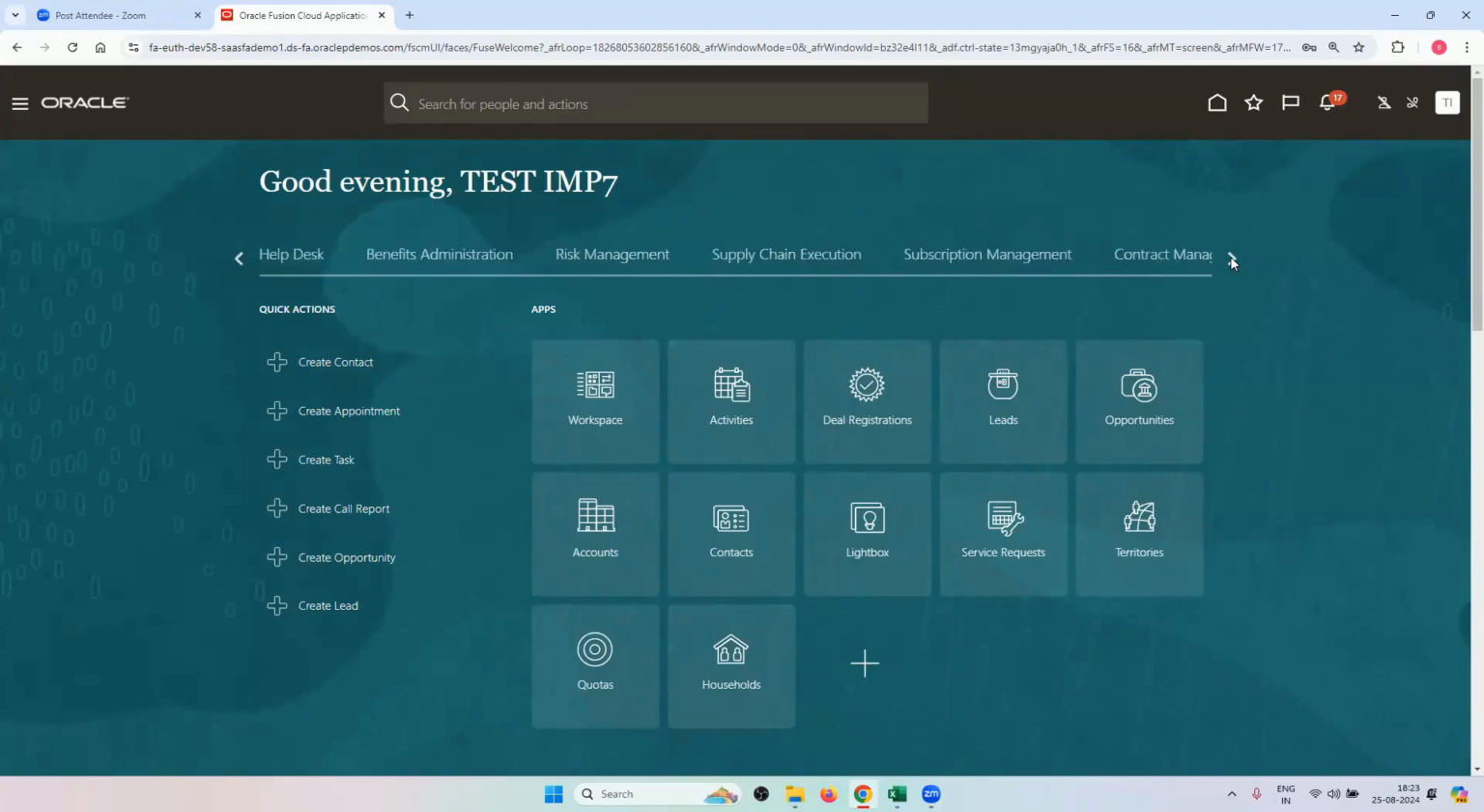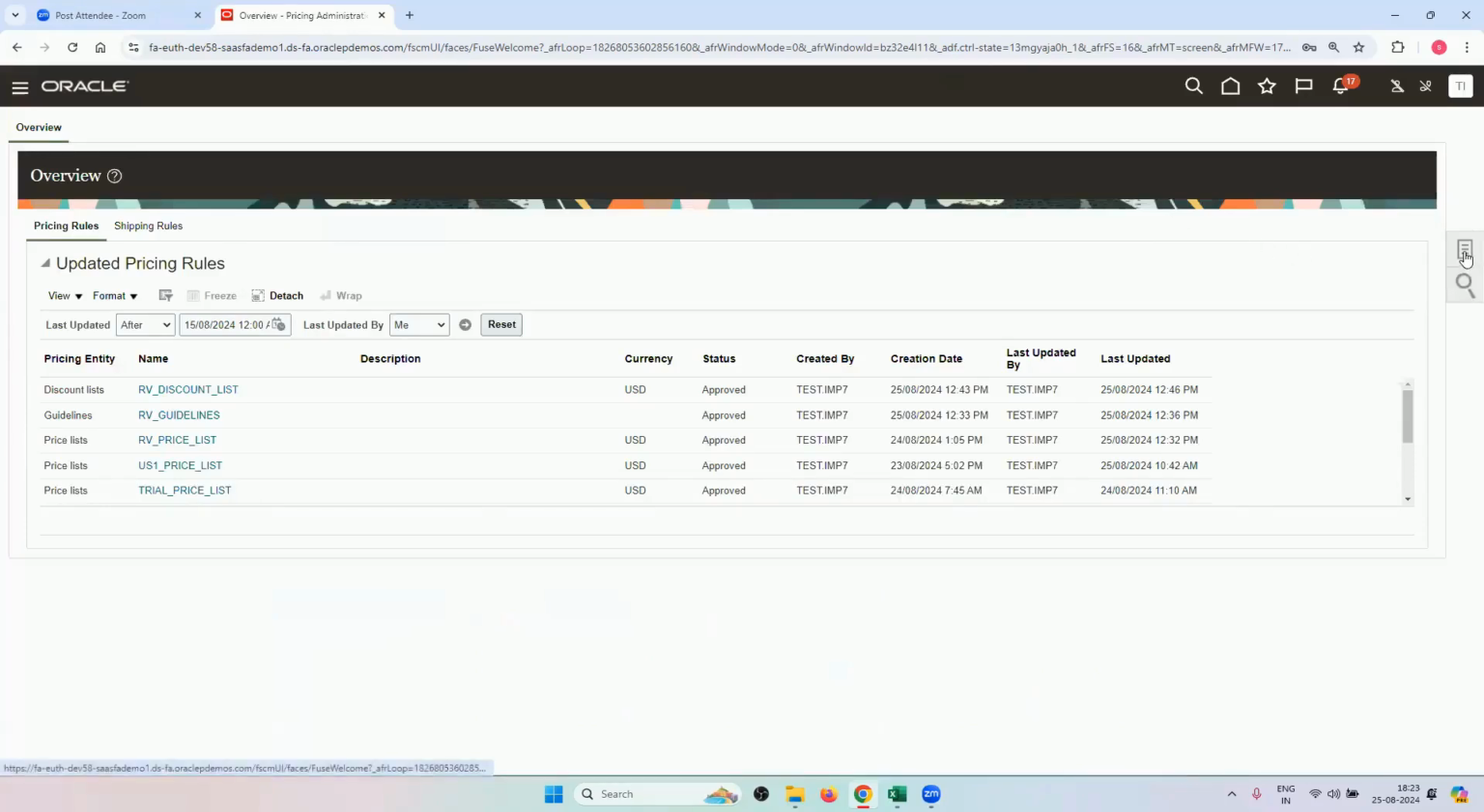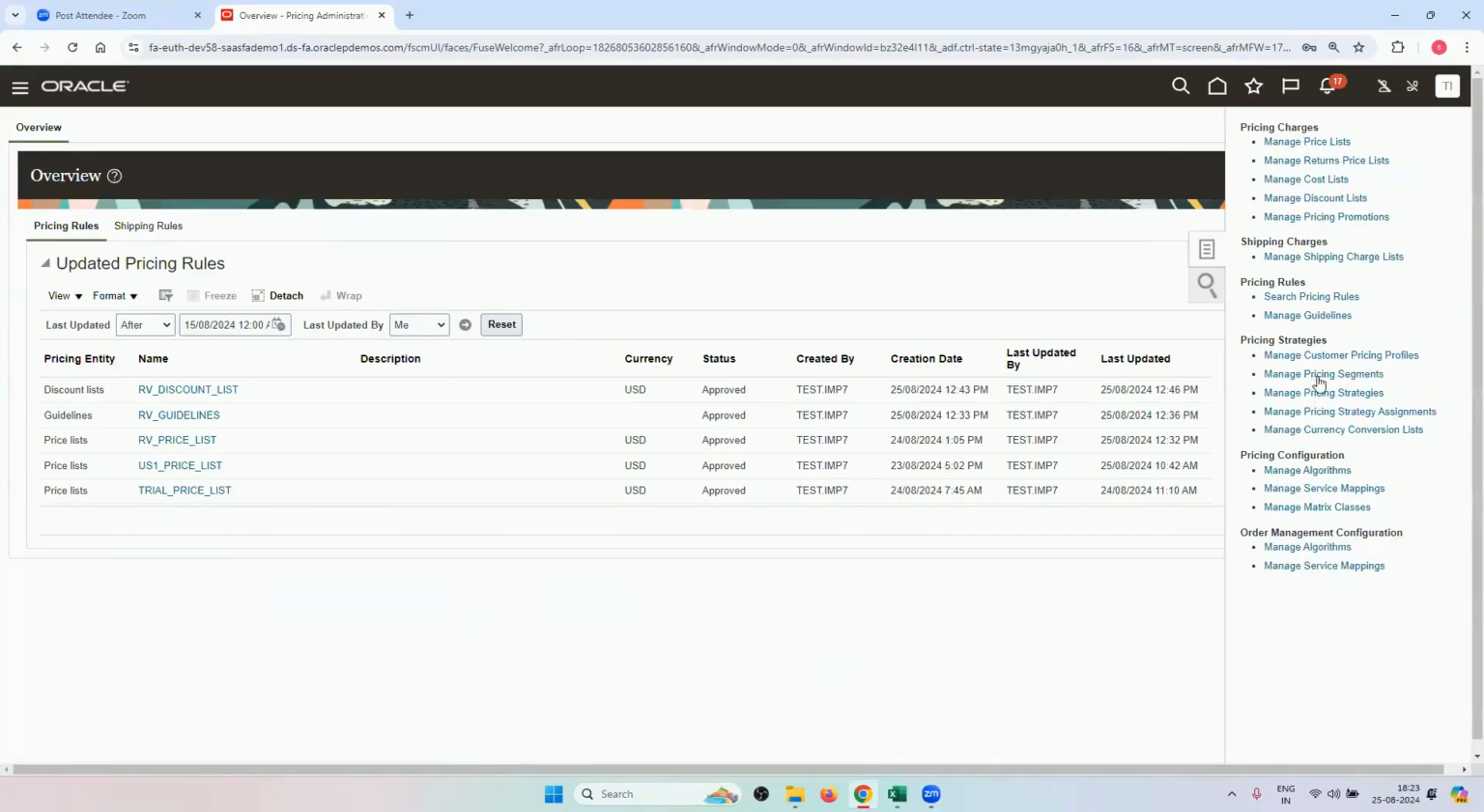So now I'll go to order management, pricing administration. So now you're seeing, right, these 4 setups we are not doing. We are only playing around with the different lists and we are associating that list with the strategy. That's it. So now where is our,